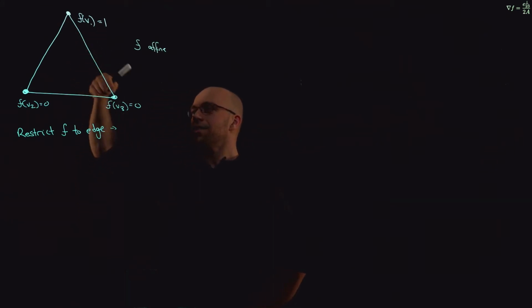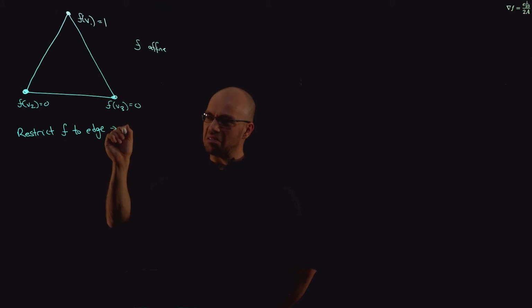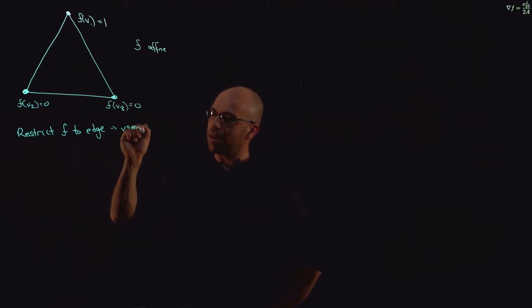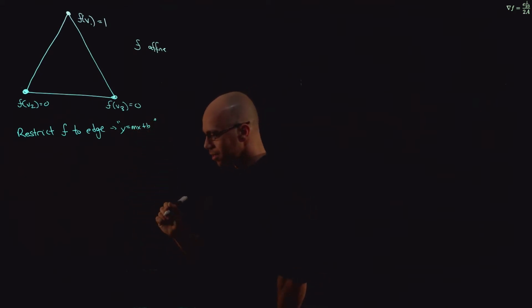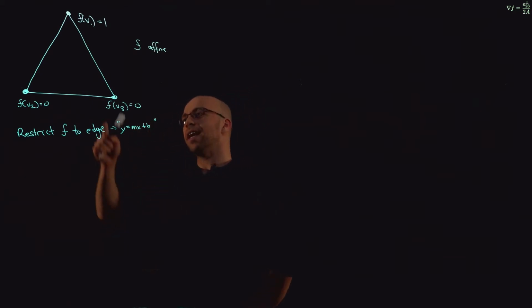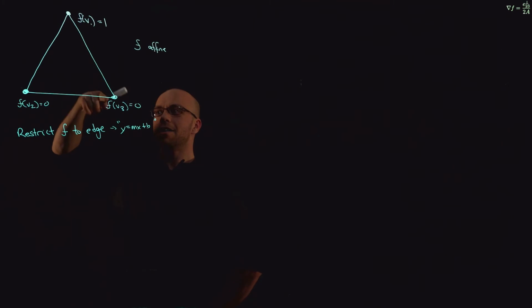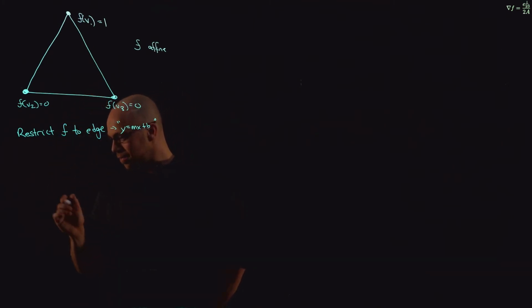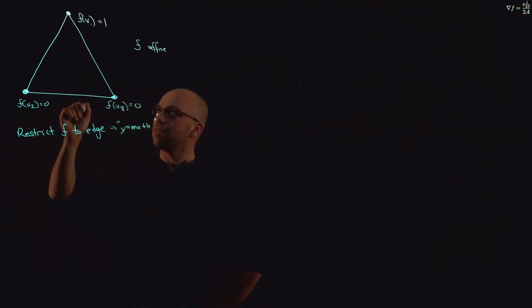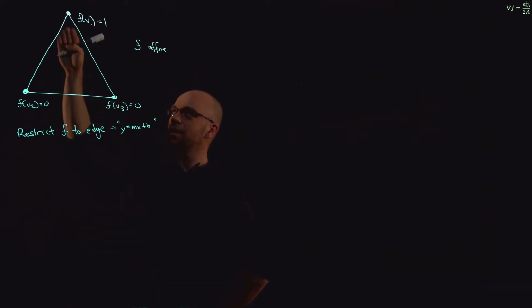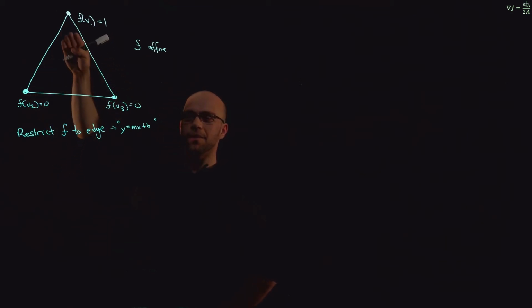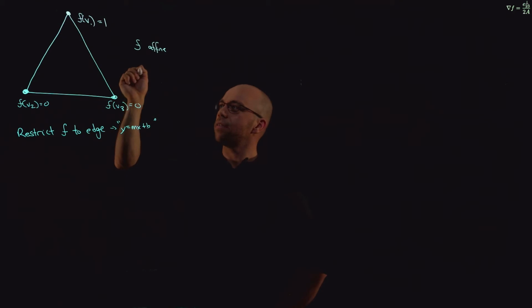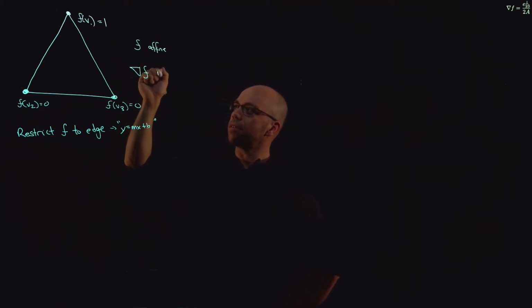And in particular, it's just a straight line. It looks like y equals mx plus b at that point. So in particular, one thing that we can do is look at the change in values of our function f along every edge. Now, remember that if f is linearly interpolated inside of this triangle, then the gradient of f is just a constant